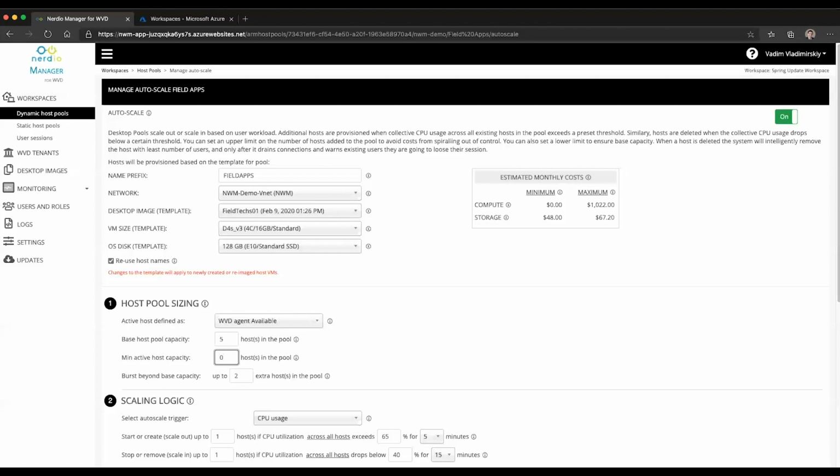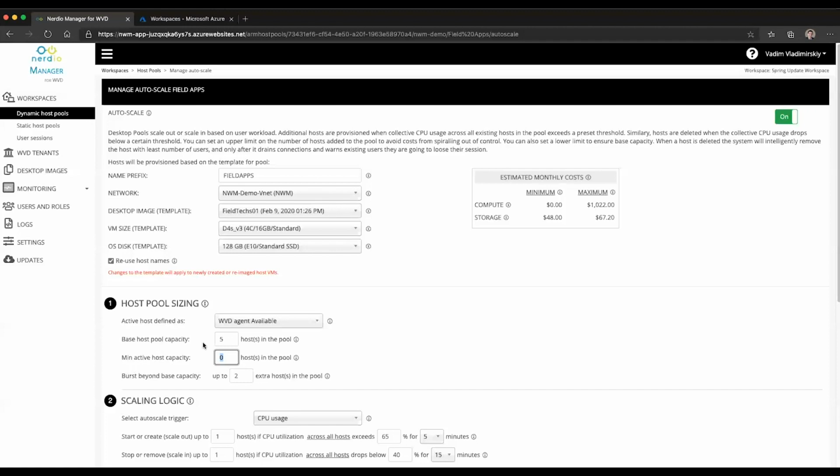It's not usually quite as large as actually scaling the system in all the way, but it does give you both a cost savings and some capacity during the night and weekend hours to allow users to work. For the purposes of today's video, we're going to be looking at the scenario of wanting to shut down and remove all capacity during night and weekend hours, which is accomplished simply by specifying 0 in the minimum active host